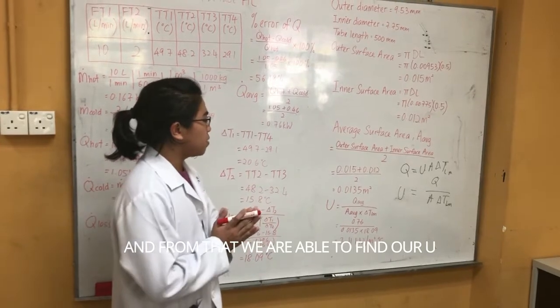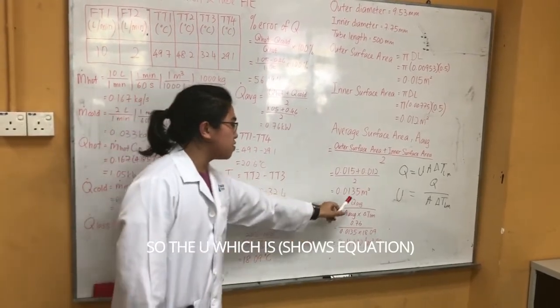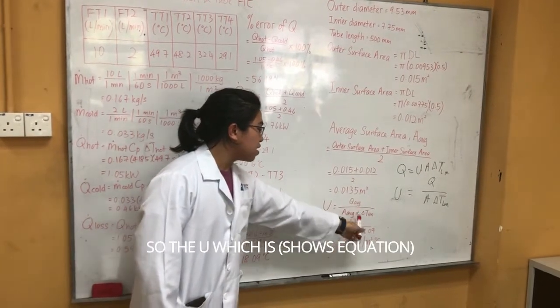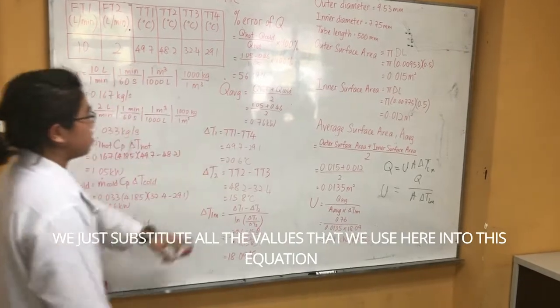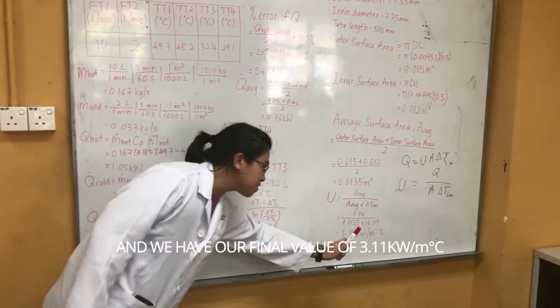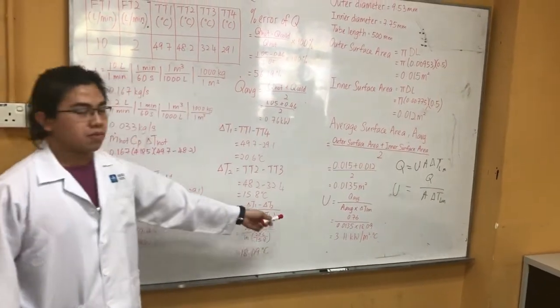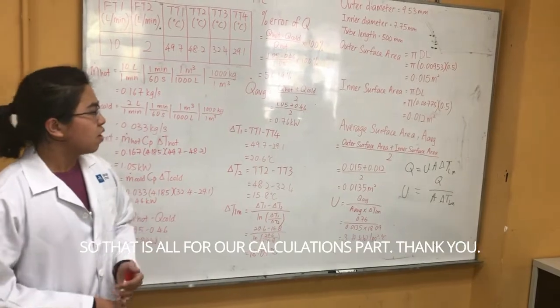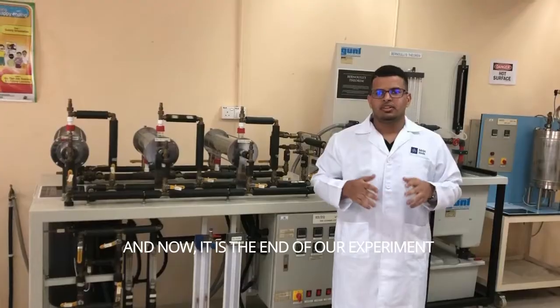And from that, we are able to find our U. So the U is Q average over A average times delta T lm. We just substitute all the values that we used here into this equation, and we have our final value, which is 0.11 kilowatts over meter squared degrees Celsius. So that is all for our calculations part. We're gonna move on to